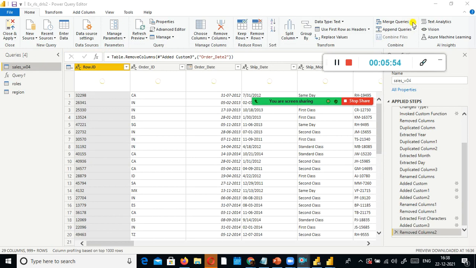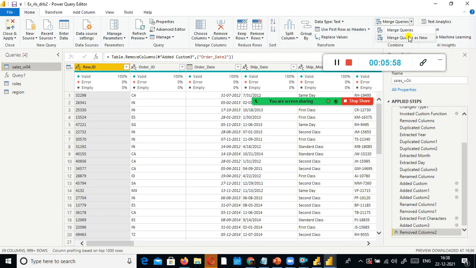So we already discussed merge queries, and merge queries as new is the same thing. You can merge the queries, but if you want to merge two files and then create that as a new, separate one, you can use this one. This is always the preferable one. Okay, you don't want to merge both your tables into a single query.